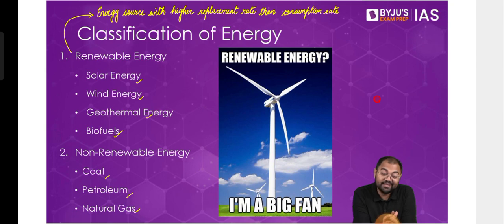So coal formation has taken more than 300 million years. How much time have we taken to exhaust it? We have hardly taken 300 years. Something that took 300 million years to form, we have taken 300 years to exhaust. Estimates for India say that we have almost 130, 140 years of coal left. With the present rate of consumption, we'll be done with coal in the next 100 years. So the formation of coal takes a lot more time than the consumption of coal. That's why these are non-renewable sources.